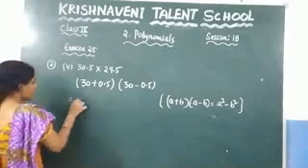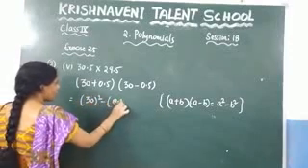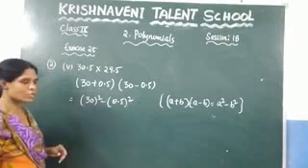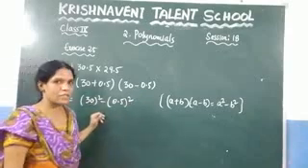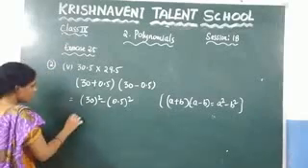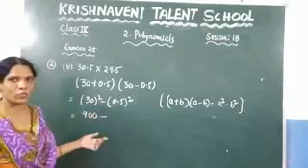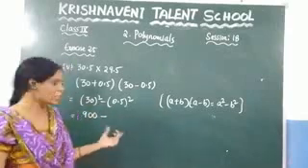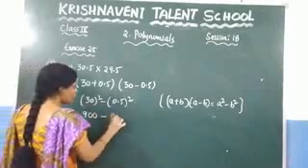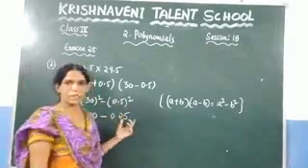So write it here: 30 square minus 0.5 whole square. What is meant by 30 square? You need to multiply 30 two times. 30 into 30 gives you 900, minus 0.5 into 0.5. You know that 5 fives are 25, so the value here is 0.25. Right? How do you multiply the decimal numbers?